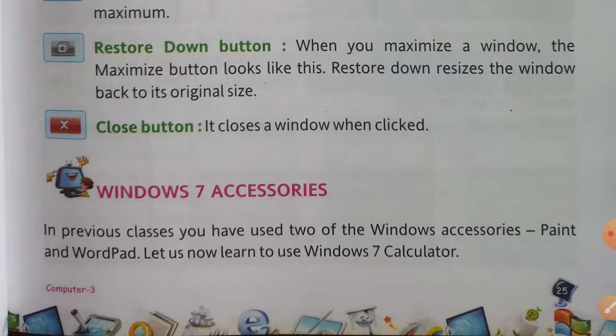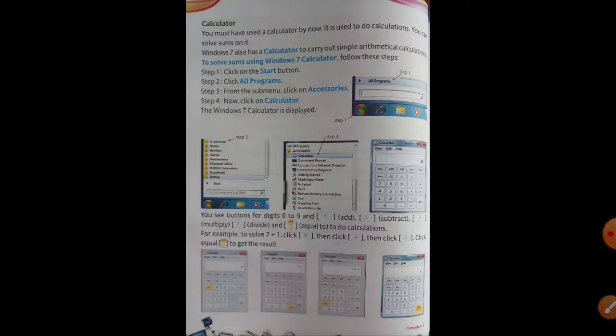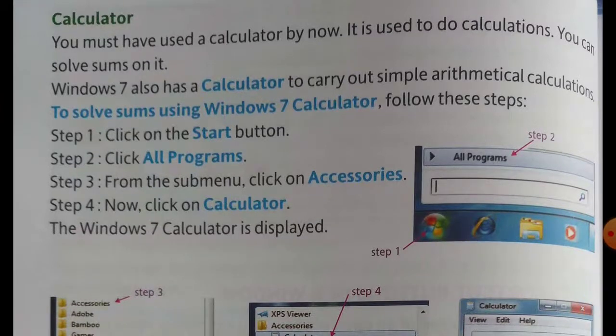Now let us learn to use the Windows 7 calculator. You must have used a calculator by now. It is used to do calculation, to solve sums. Windows 7 also has a calculator to carry out simple arithmetic calculation, and to solve sums using it you have to follow these steps.